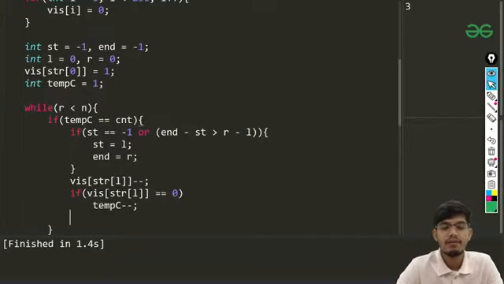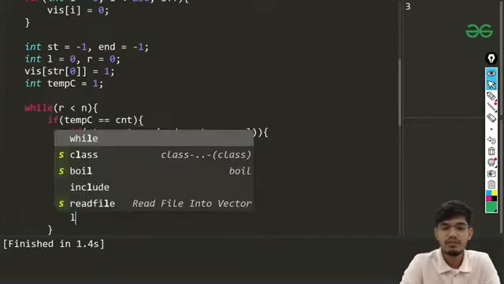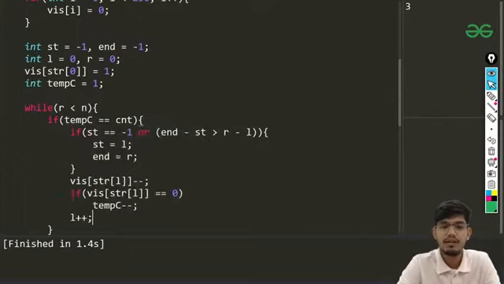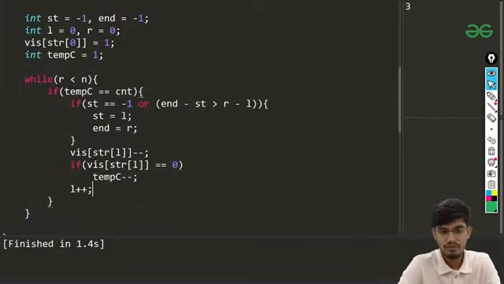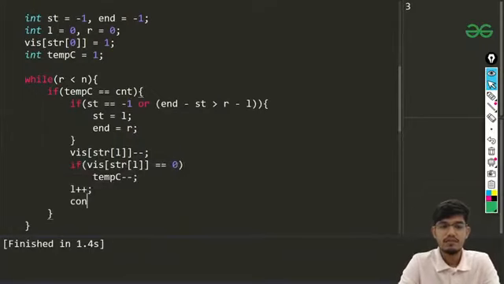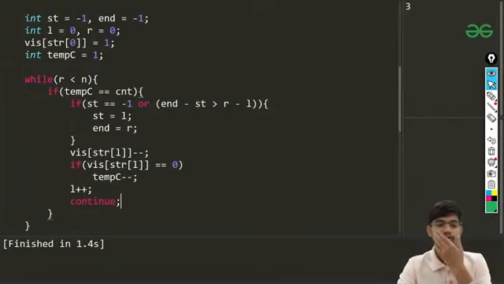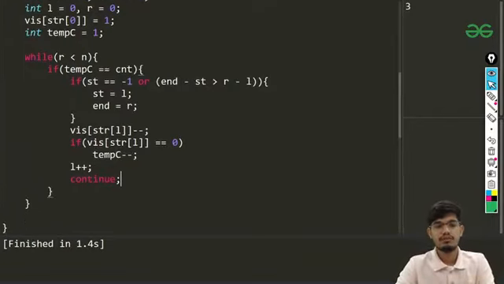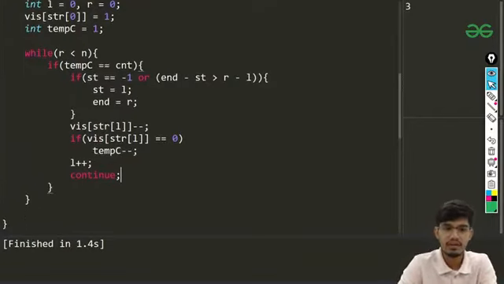And if it is not equals to 0, which means I continue increasing my L, so I'll be using this continue, so that it does directly go to the next iteration. Okay, it ends from here and continues with the next L plus plus. So this is the first condition.